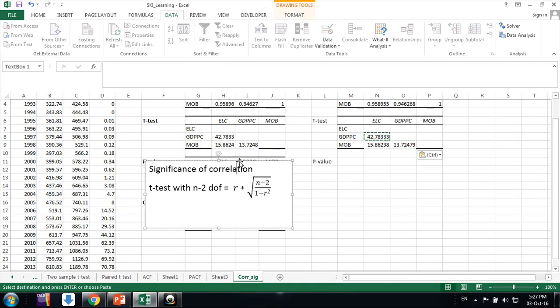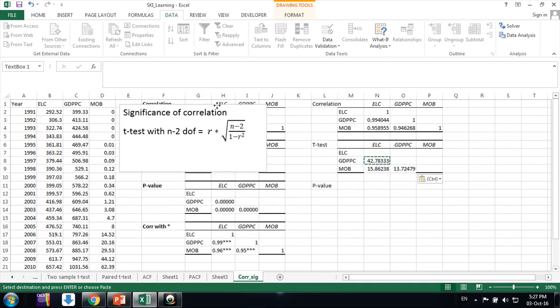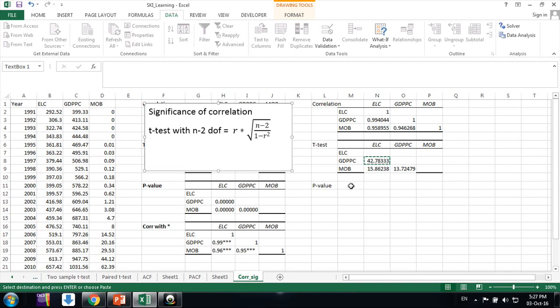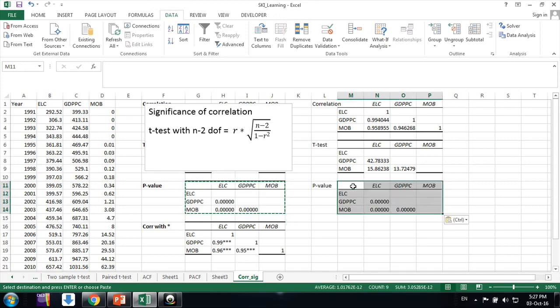Now to compute the p-values for this t-test, how to do that? For that purpose, first Control C and Control V the corresponding tabs we are getting here. Then how to do that? Here I am using a two-tail test. You can select one-way or two-way as per your hypothesis. I am selecting, for the null hypothesis, that there is no correlation between them. I am not considering greater than or less than. I am simply saying there is no correlation between GDP and electricity. So for that purpose, I am considering a two-tail test.